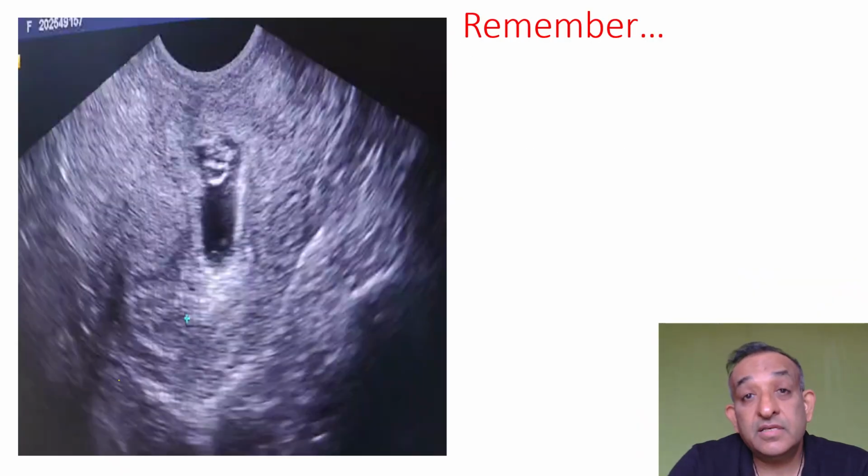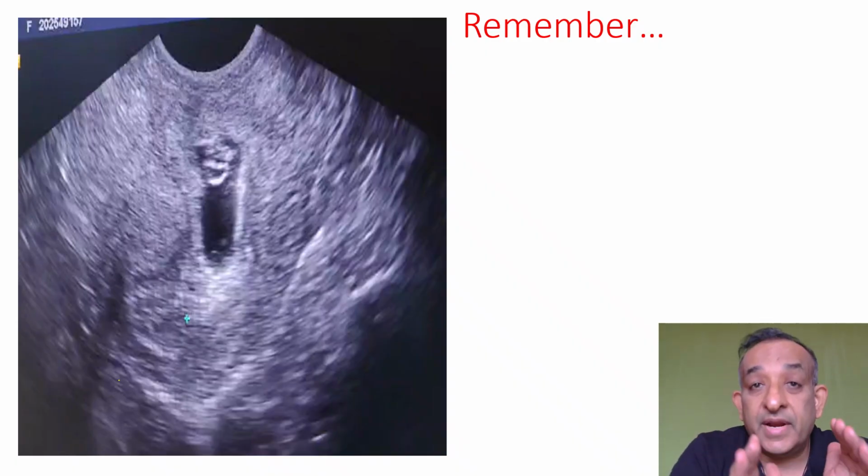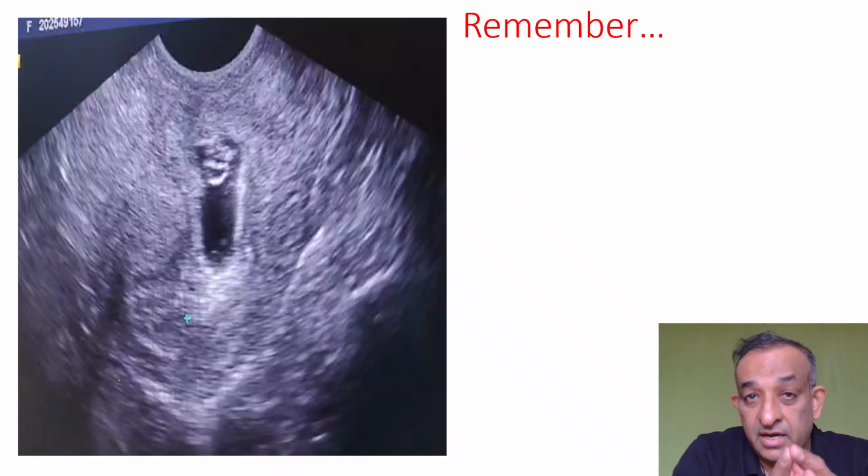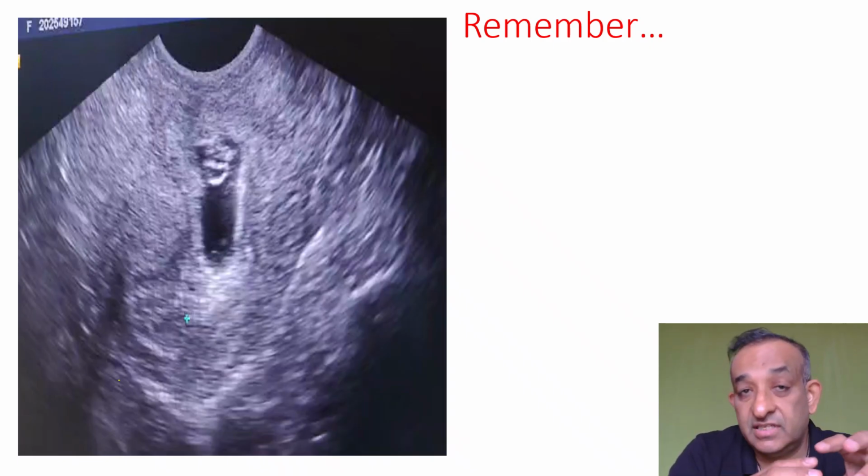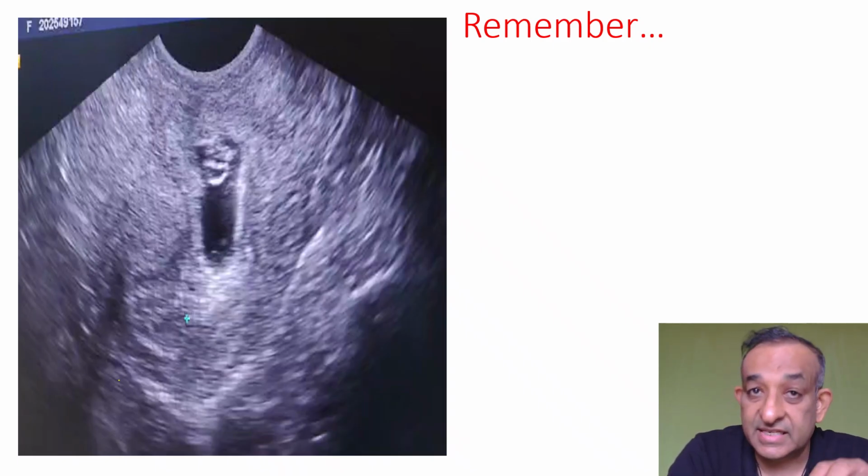Now remember, sometimes it is very difficult to distinguish a pregnancy which is aborting from a cesarean scar ectopic. Let me explain this. If there is a sac which is in the process of aborting from a uterine pregnancy, the sac is in the process of going through the isthmus, then to the cervical canal and coming out. If you happen to do an ultrasound at that time,